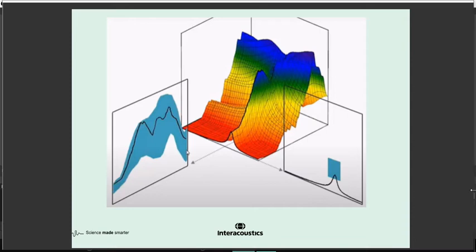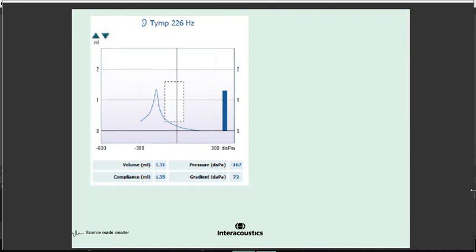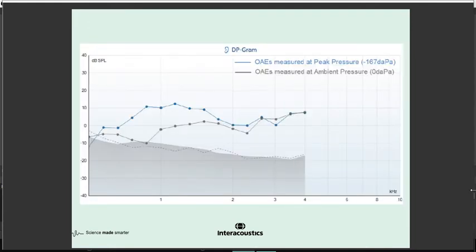Now, if we do a standard tympanogram on a patient who's got a slight middle ear pressure offset, so in this case, minus 167, they've got a middle ear negative pressure, and that would affect the transmission of sound at the low frequencies. So we did a DP gram at ambient pressure, and that affects particularly the low frequencies. So that's the grey line on this graph. And the high frequencies are not particularly affected, but the low frequencies are suppressed by about 10 decibels because of that pressure offset. So then what we can do is apply an equalizing negative pressure in the probe so that